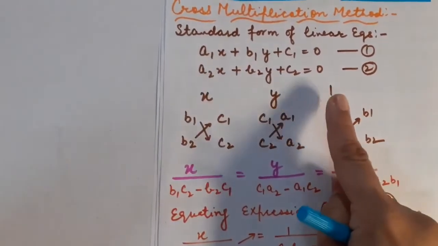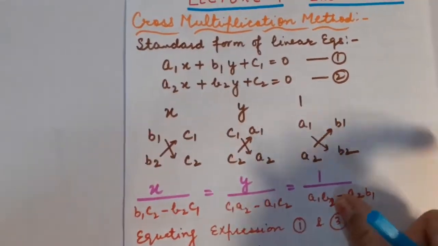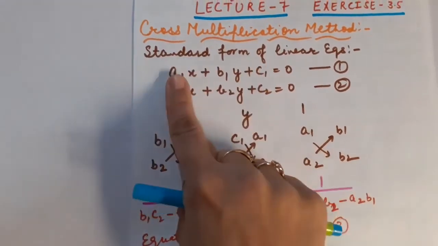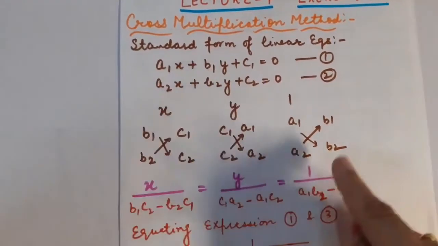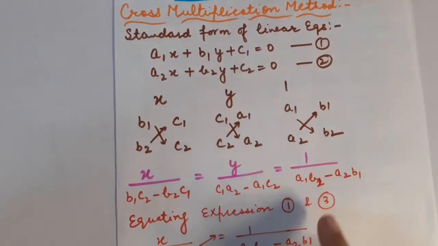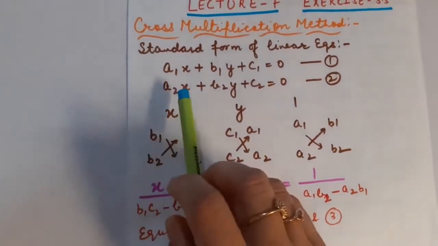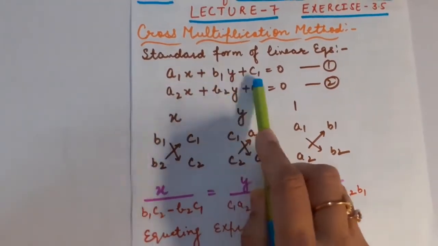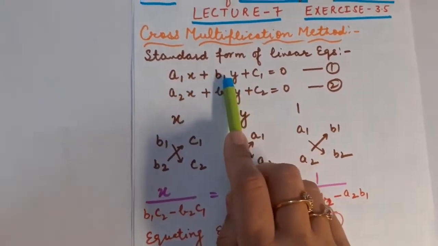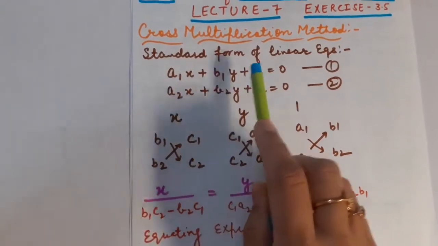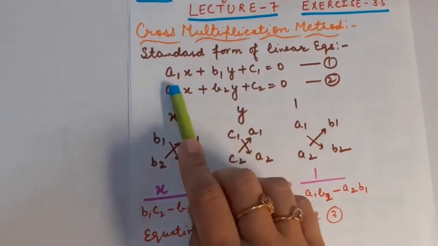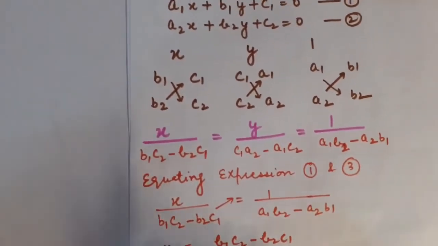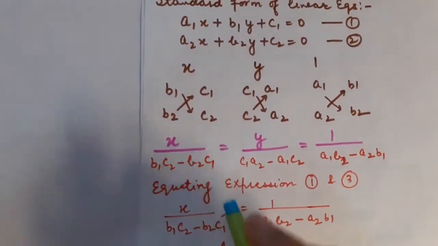Now for the constant one. For the constant, I have told you that you have to take 1. I am hiding this constant. So definitely I have to go to a1, a2, b1, b2. You are not supposed to disturb the sequence. If you are hiding 1, this is 1, 2, 3. You are hiding 1, so you have to take 2, 3 first. You are hiding 2, so you have to take 3 and 1. You are hiding 3, the third value, you have to take 1 and 2. Understood? Okay. As the name of the method is cross multiplication, so what is to be done now?